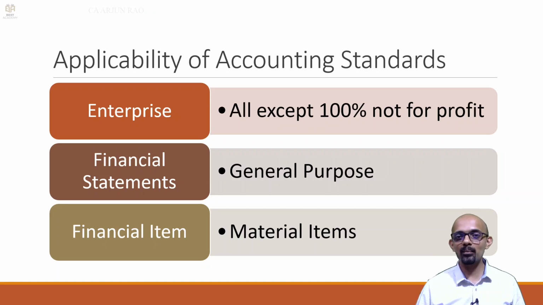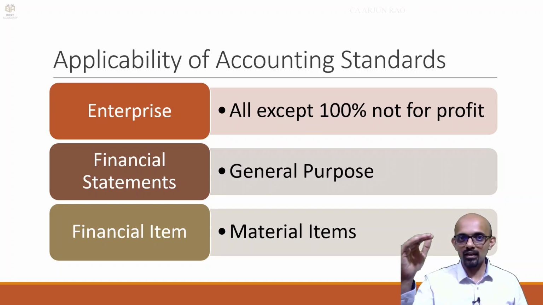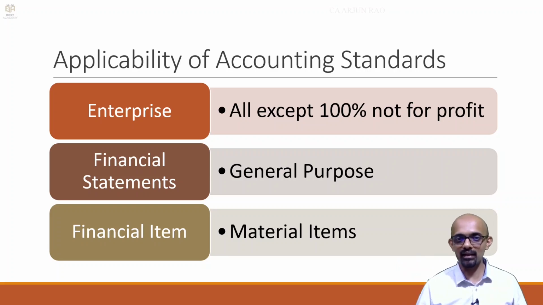That is not really going to impact the profit. So that is not a material item. So even if the company had not valued at 99,900 and instead had shown the stock at 1 lakh, it would still not be considered a violation, right? So materiality should be judged from the point of view of the decision of the user, okay? Of course, there may be several such items and the aggregate impact may be material. So all that also you have to consider. So in simple words, accounting standard should be applied only to material items. So as per ICAI, there is a 3-tier applicability system: enterprise level, financial statement level and financial item level.